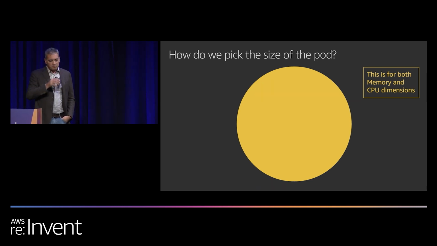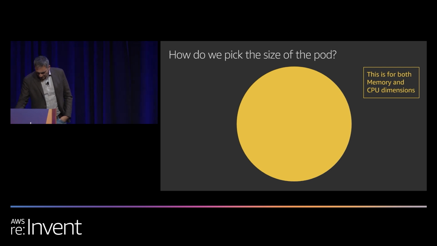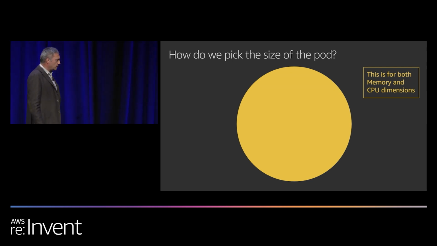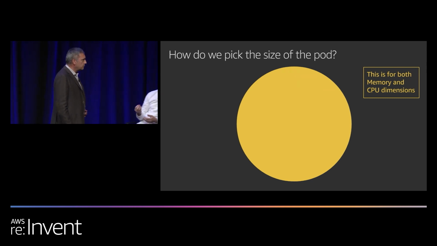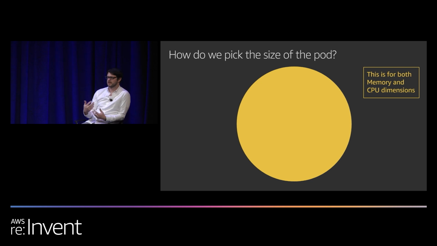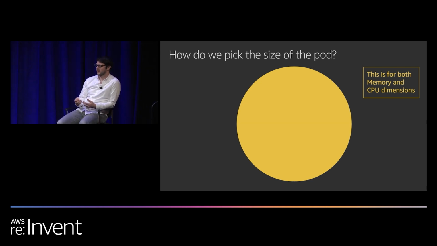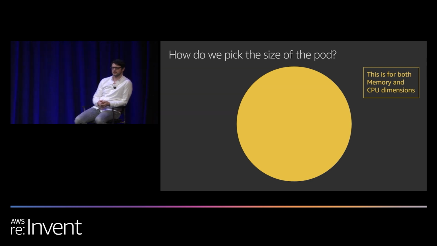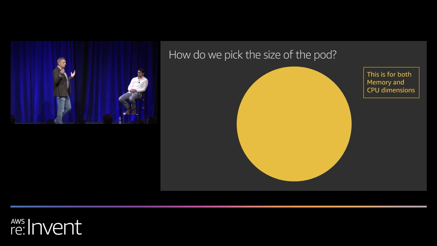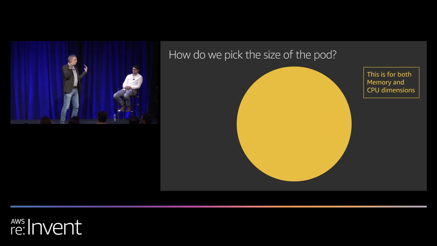I think what's really cool about this is that when we launch that pod, we're going to give you on demand the resources that that pod needs to run. And we're going to size based on the resources that pod needs to run. So there's a little bit of mechanics that go on here. How do we figure that out, right? Yeah, exactly. Because when you have a bunch of EC2 instances, that is the size of the environment that you have. So the Kubernetes scheduler will know what to do, right?